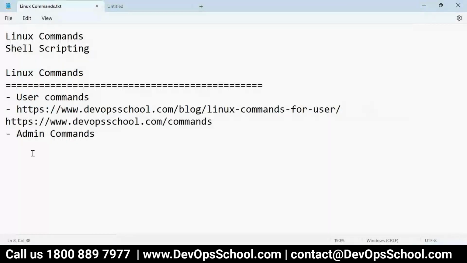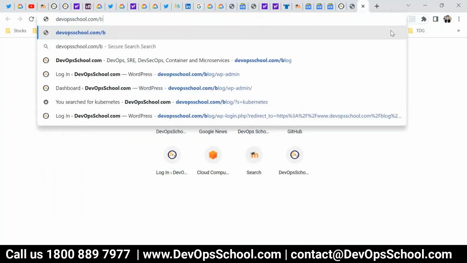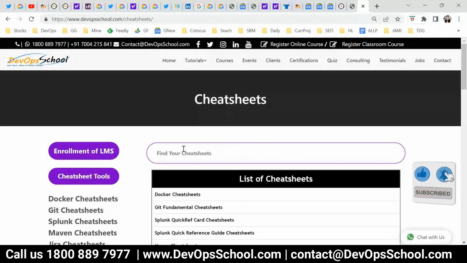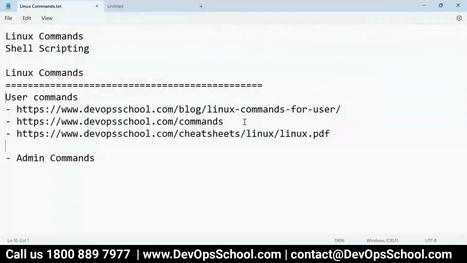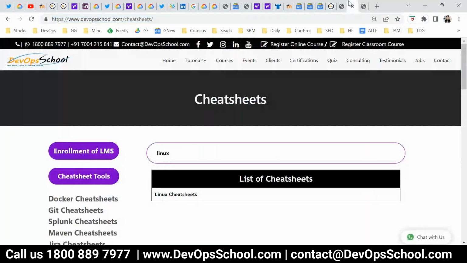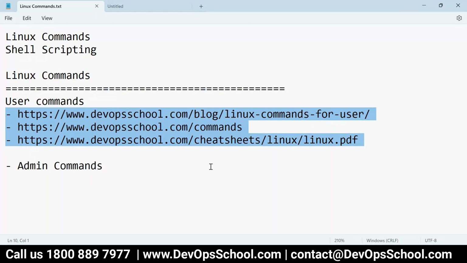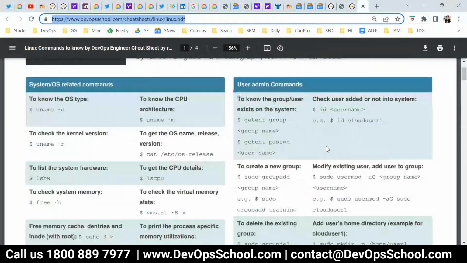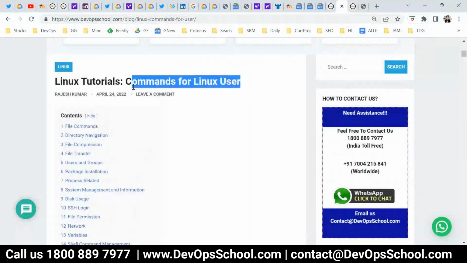There's another resource. Now I want to show you one more place which you can keep handy every day when you work. Always open up this one. It's like a cheat sheet. You have a Linux cheat sheet here, and in fact you have cheat sheets for everything at this place. It's not only Linux. You have a hell of a lot of cheat sheets which you can use. So when you are working on it, practice it in this way, and you'll get started. Okay, so let's get started with this one. This is the command for Linux. So let's get started here.